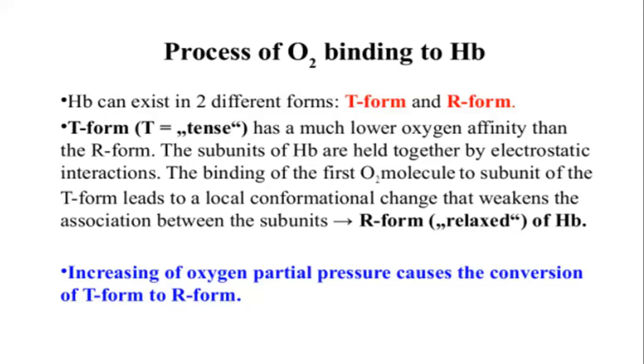So when you have a deoxyhemoglobin, we describe that state of hemoglobin to be in the T state. It is in the taut state, okay? And the reason is that the taut state is said to have a much lower affinity for oxygen compared to the R state, which is a relaxed state. So the taut state has very low affinity for oxygen, and so the tendency is to be more deoxygenated than to be oxygenated. But the moment you start oxygenating that hemoglobin, then you transition it from